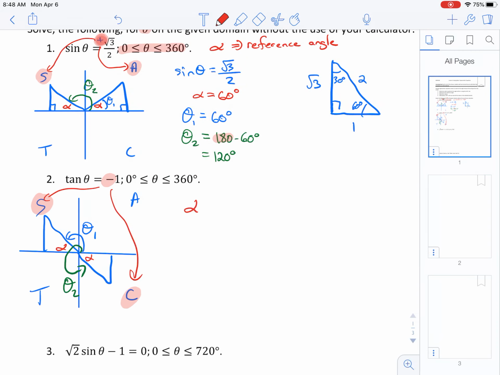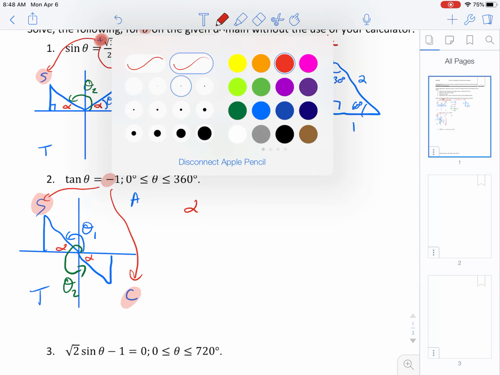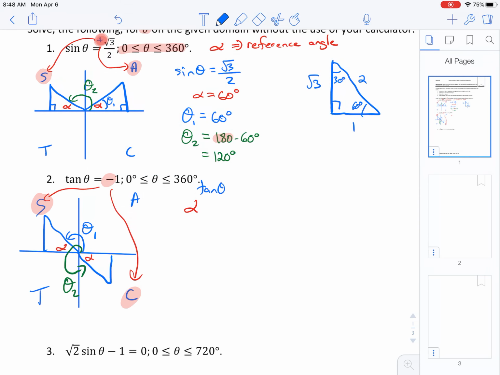So before we do that, we need to find alpha. So if tan theta equals -1, this one's a bit trickier because the -1 or 1, often if it's sine or cos, that's one of those special cases. But with tan, this comes from that triangle that's 1, 1, and √2. And that's the 45, 45, 90 triangle. So if you think of tan being opposite over adjacent, you can get 1 over 1, which works out to